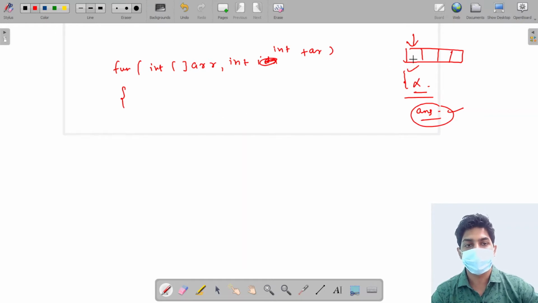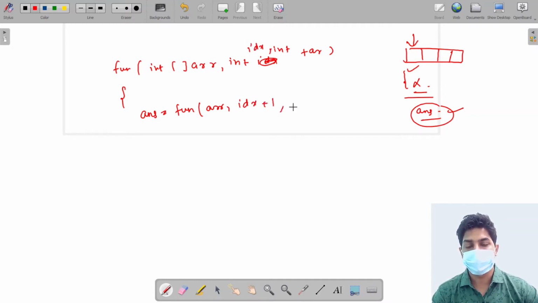Let's suppose this element wants to be a part of the subset. So what will happen is that we will call this function recursively with array, index plus 1, and target minus array of index.